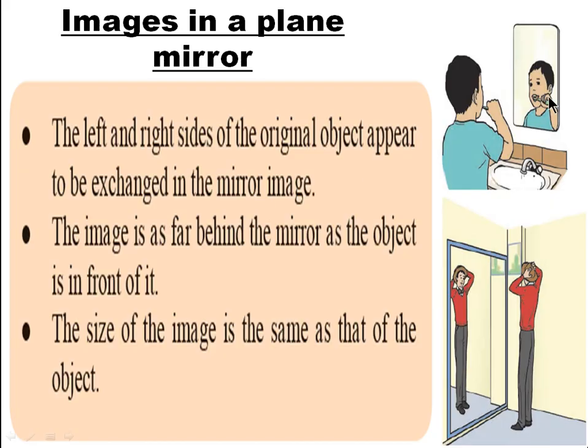So here is a plane mirror. We can see images in a plane mirror. It is a very basic thing which we use and see at home on a daily basis. Every day we see the mirror and can properly see images in a plane mirror. But what happens in this plane mirror, we can see here, the left and the right